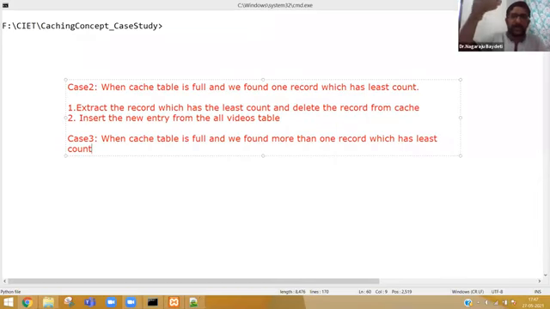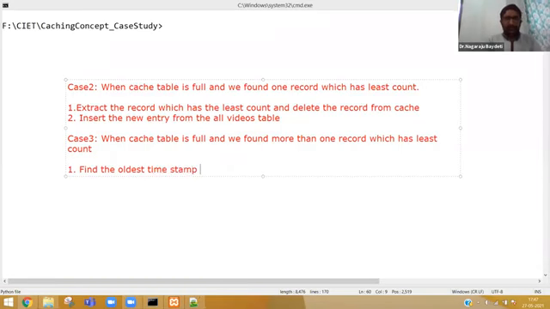All have a count of only 1. Then which one to remove? Video 1 has the old timestamp. So what you need to do is find the oldest timestamp from the cache table which has the least count.